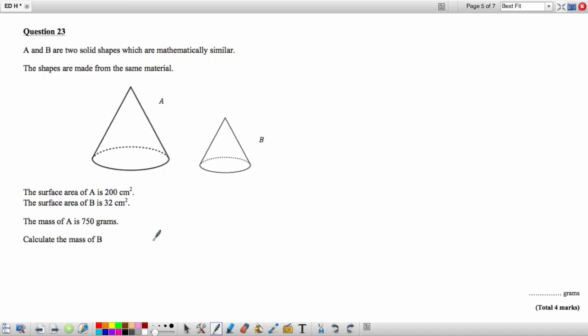Question 23. A and B are 2 solid shapes which are mathematically similar. We have here the surface area for A as 200 and for B 32 centimetres squared. So we need to find the relationship between these numbers. So let's divide 32 by 200, which will give you the scale factor, which here is 0.16. So moving from here to here, we times by